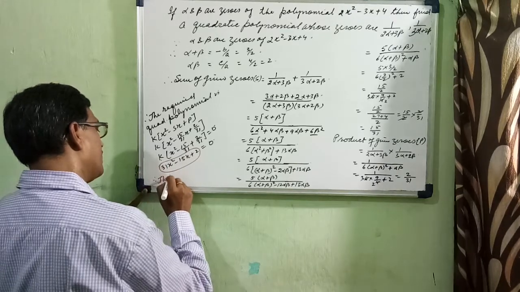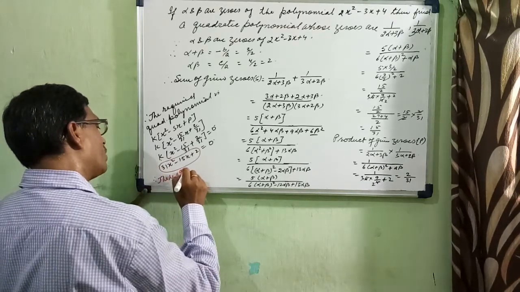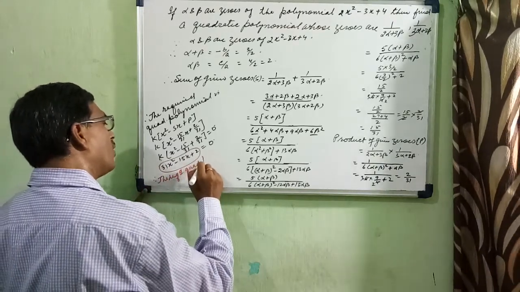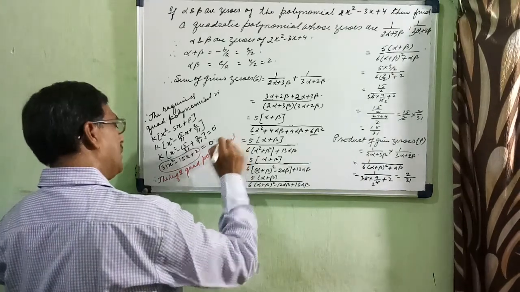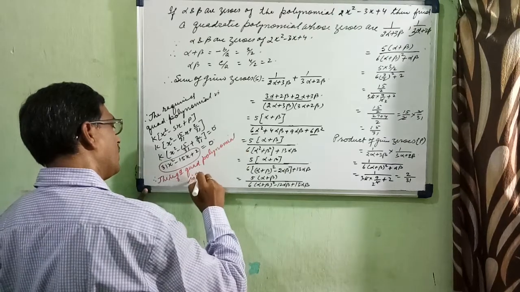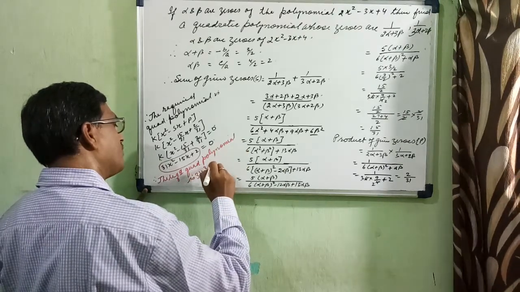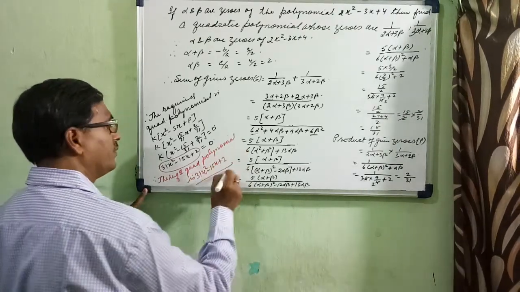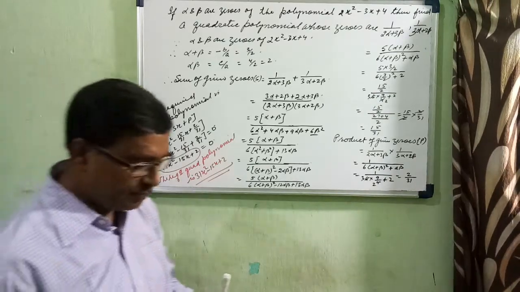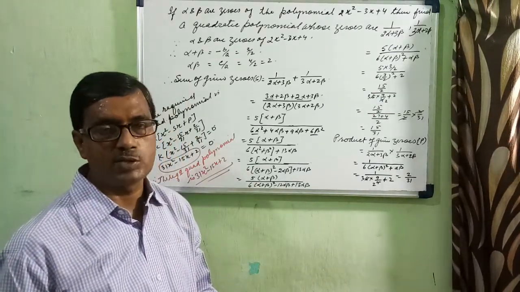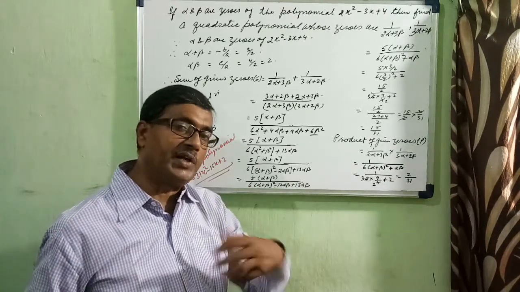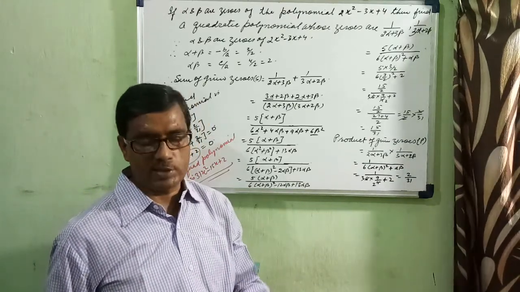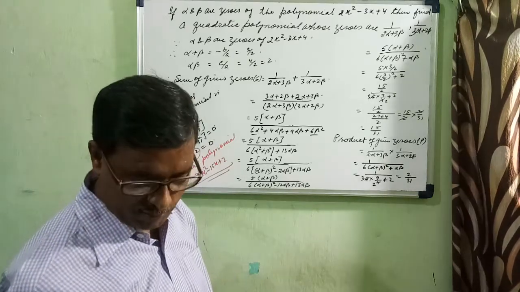So the required quadratic polynomial is 31 x square minus 15x plus 2. So these are very important questions, and normally they are asked for 3 marks. Now one more question I will discuss, where some condition is given, and with that condition, how can you find out the value of some variable?